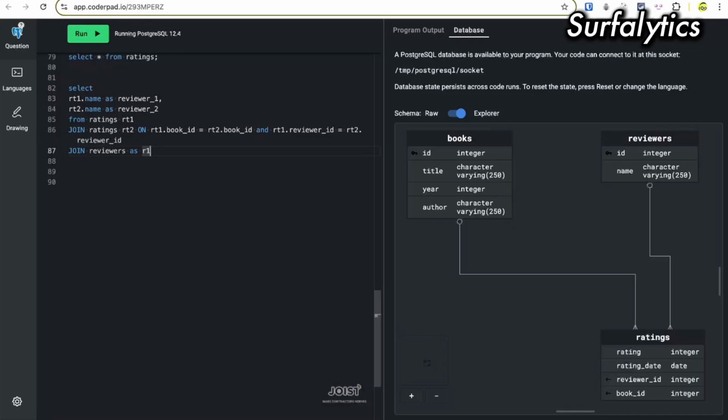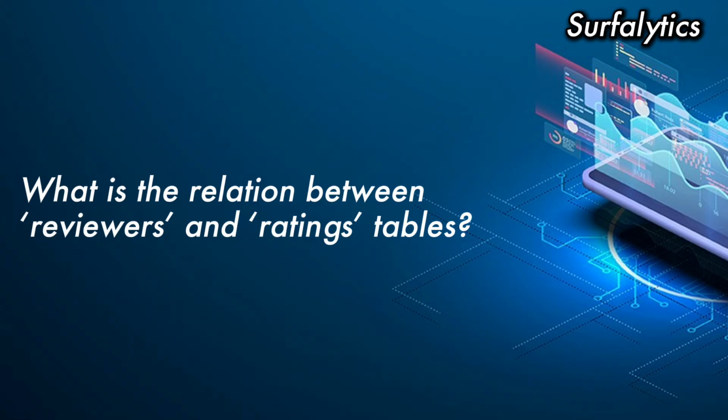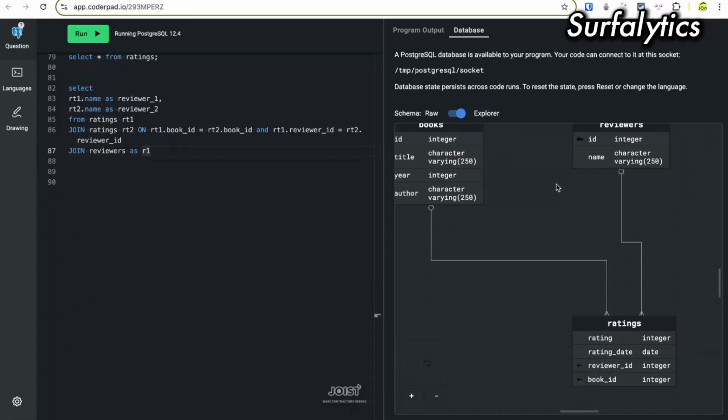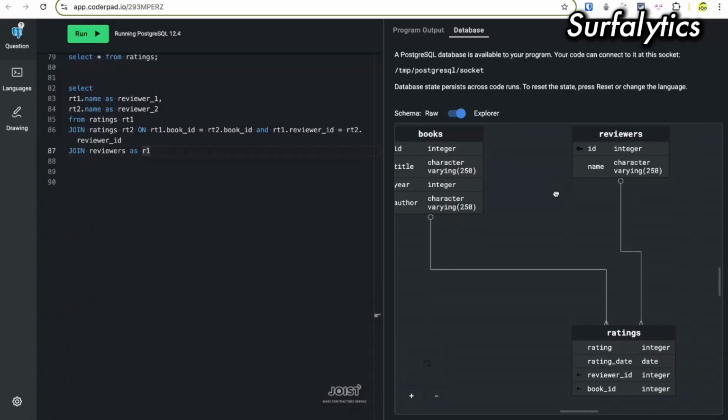Could you give me a suggestion here? What is the relation between reviewers and ratings tables? Reviewers and ratings, we have the rating, yeah. Reviewer ID and book ID.